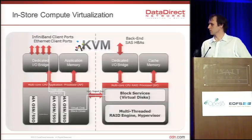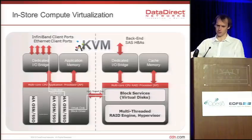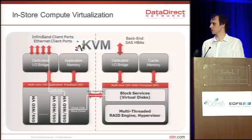Here's just a little slide of how it's built. The outer grey box is a singlet. You have two of these per controller, obviously, and part of the singlet, the I/O bridge, the back-end SAS channels to the storage. Then you've got the RAID engine, the RAID processor, exporting virtual disks, and then the link to a number of virtualized VMs